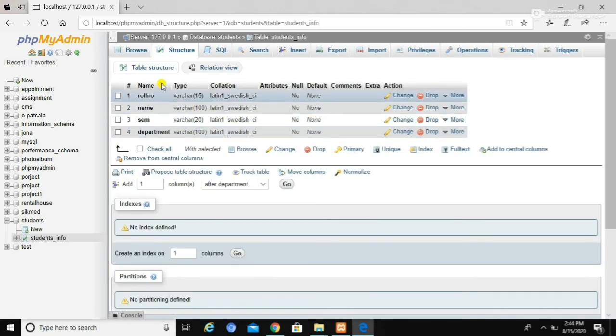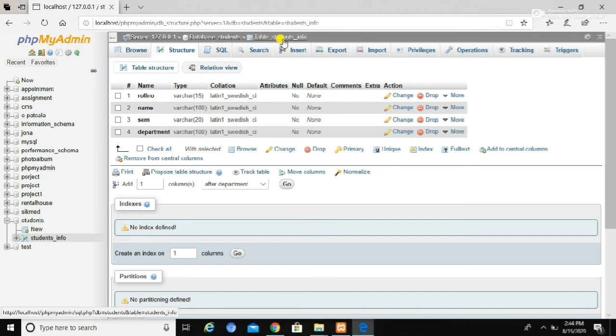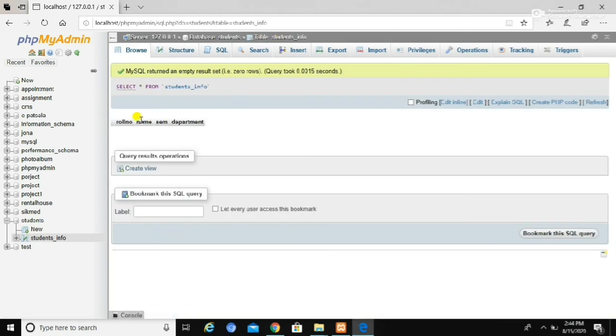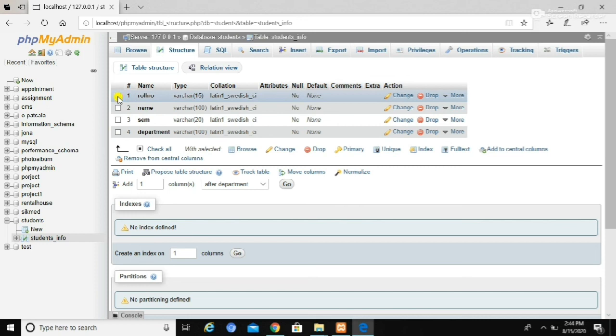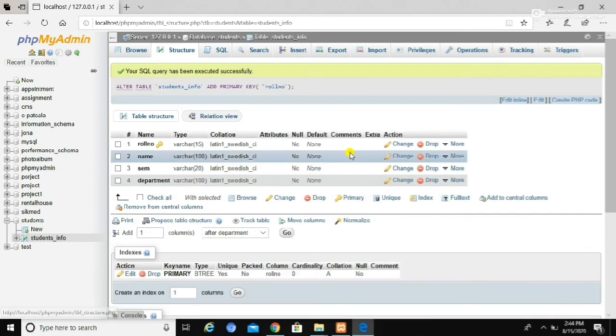So we have just created our student info table, and this is the structure of the student info table. If we want to make a particular column a primary key, then we need to go to the structure, then select that particular column. Here I am going to select the roll number, and I'm going to make this roll number the primary key by clicking on the primary key icon.